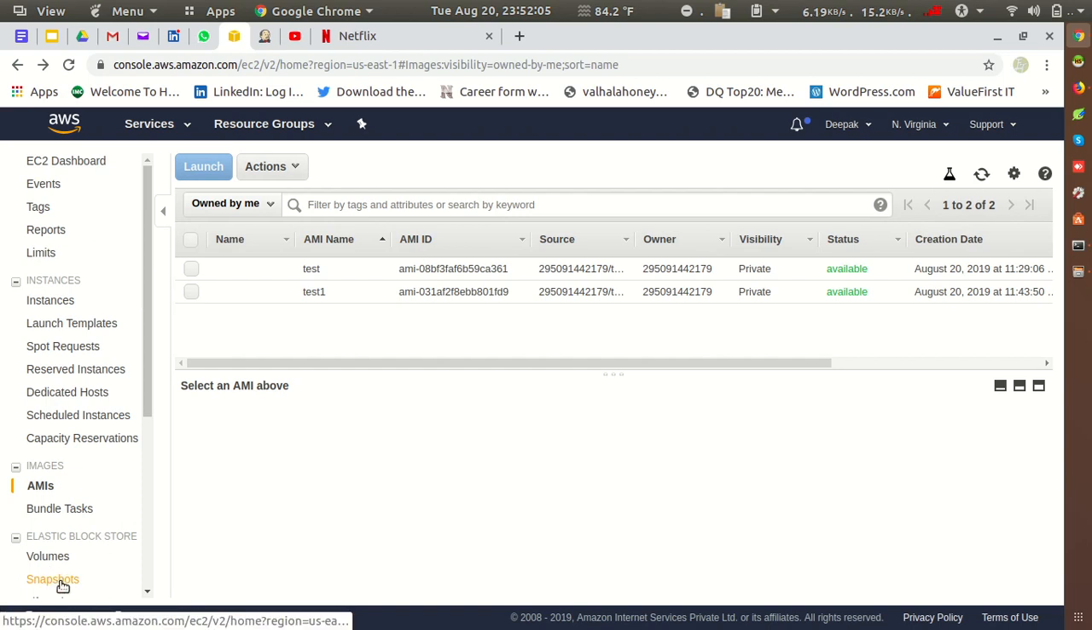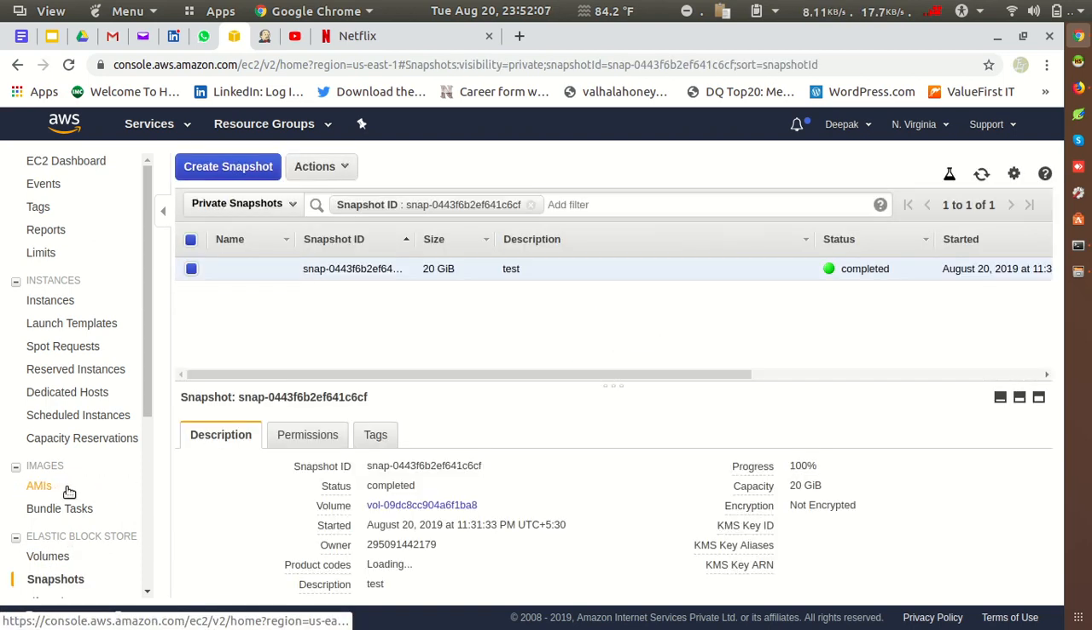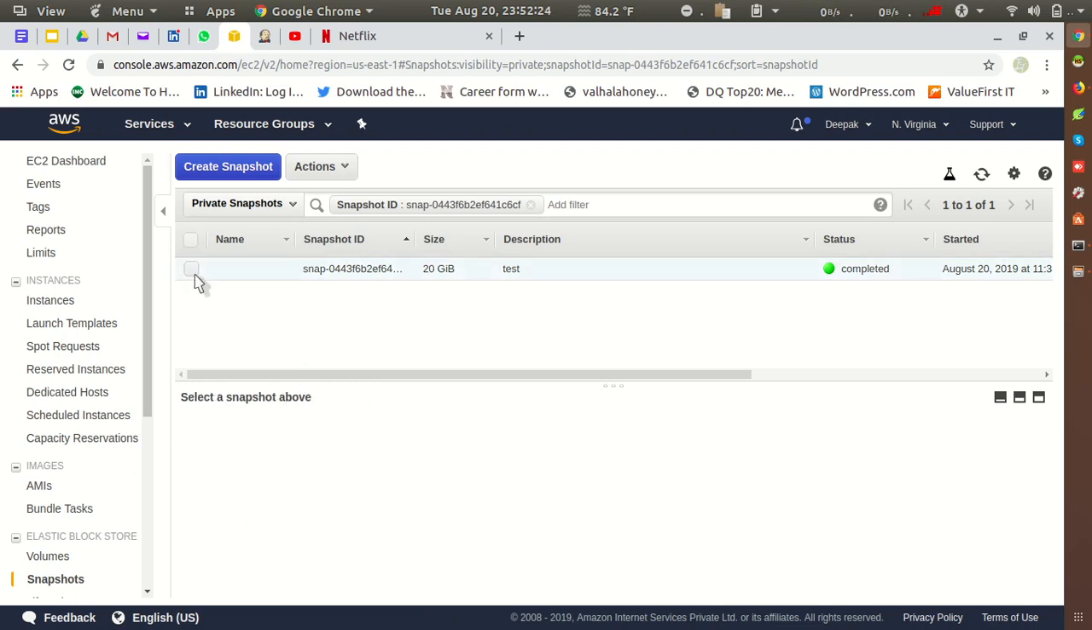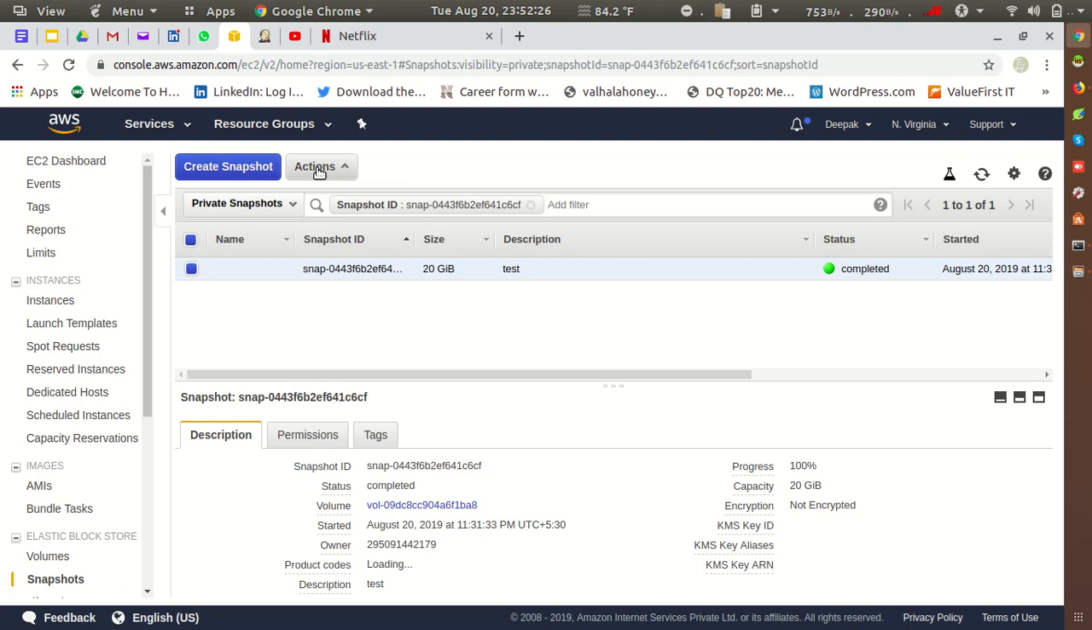Now I'll go into the snapshot. So that was the option for how we can launch the instance through the AMI. Now it's time to create and launch an instance through the snapshot. What we have to do is select that particular snapshot, go into Actions, and create an image of that